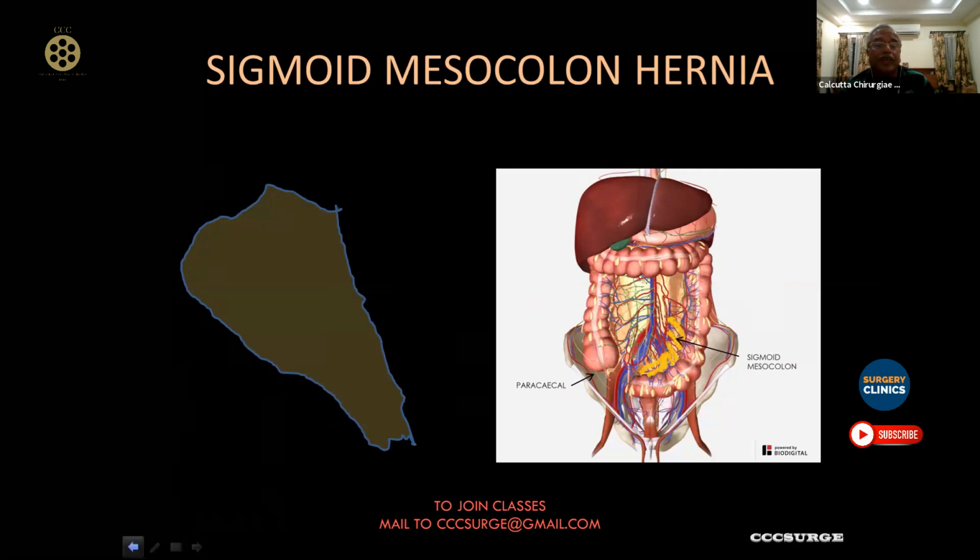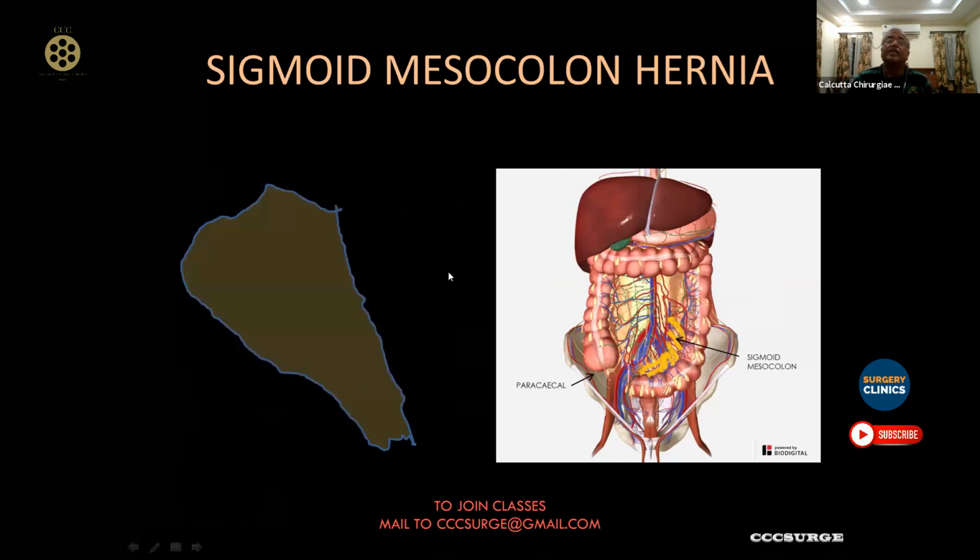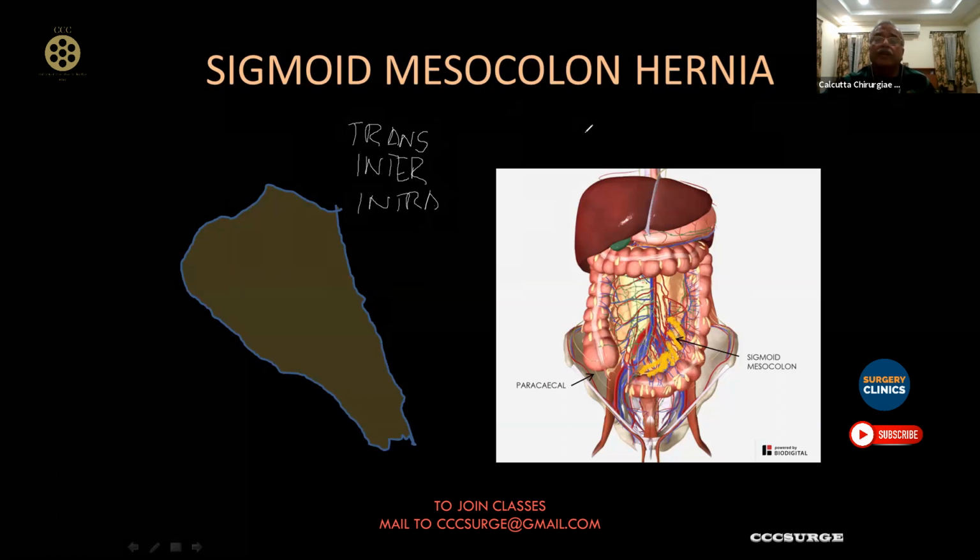Okay, so think about it. You had this lying in front. Now when the hernia goes through out here, it is related to the branches of the inferior mesenteric, but lies between the sigmoid and the psoas muscle. Okay, so that is a sigmoid mesocolon hernia, and in a sigmoid mesocolon hernia, here is where the original definition of the term intramesenteric and intermesenteric came in, because this is notorious. Here you have all 3 varieties. You have a transmesenteric, you have an intermesenteric, and an intramesenteric, depending on whether they are,